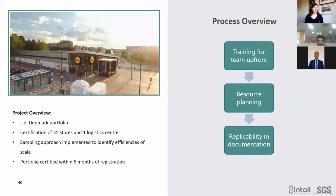A couple of portfolio examples. We mentioned this in the beginning of the webinar, but there are options to develop bespoke processes to help certify large quantities of buildings. So in the Little Denmark portfolio, we were able to certify, sorry, this is actually Little Lithuania, my apologies. Little Lithuania certified 35 stores and one logistics center within 6 months of registration. And they were able to do that for a variety of different reasons. But in this particular portfolio example, we saw replicability in the designs. And so the team was able to find savings and go through the process efficiently